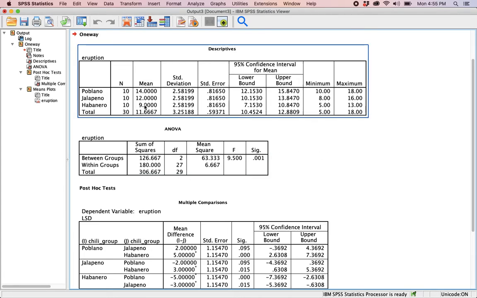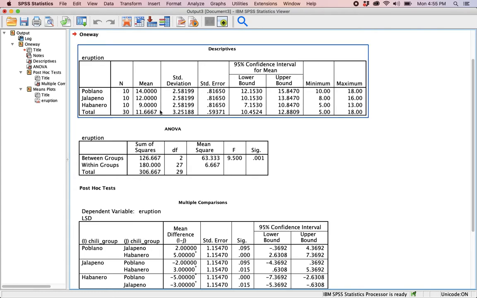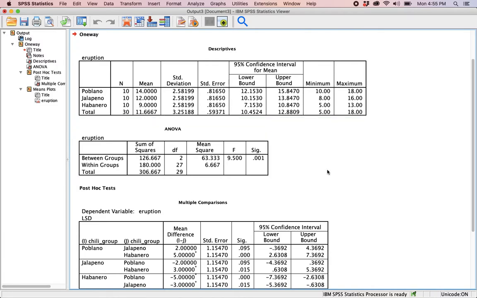Is there a meaningful enough difference to reject the null hypothesis that these groups are sampled from populations that have identical means in the population? So if these differences are big enough, if they're meaningful enough, then we can reject that null hypothesis. So it's never a test of whether these sample means are different, because they are, but whether they are statistically significantly different or meaningfully different enough to conclude that the population means are different. Okay, so